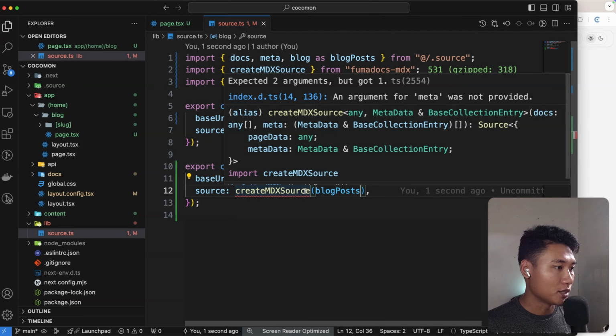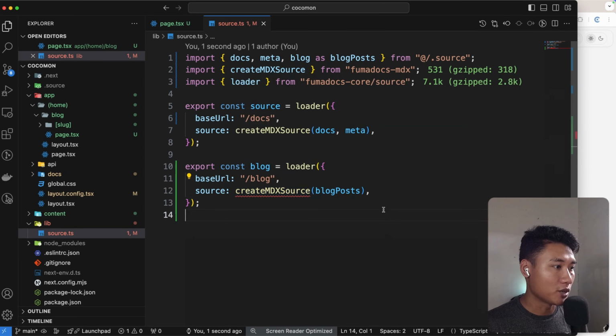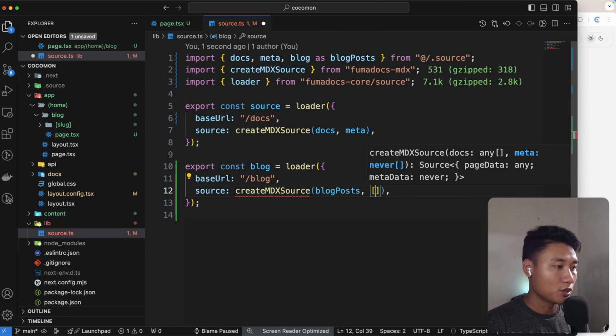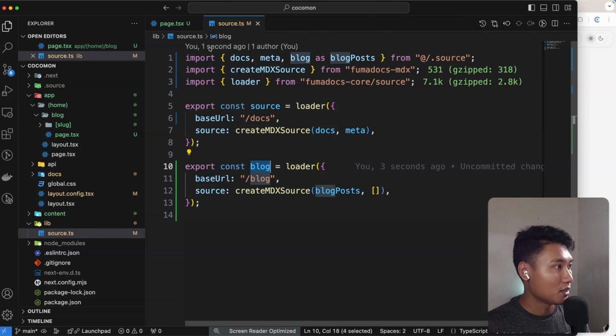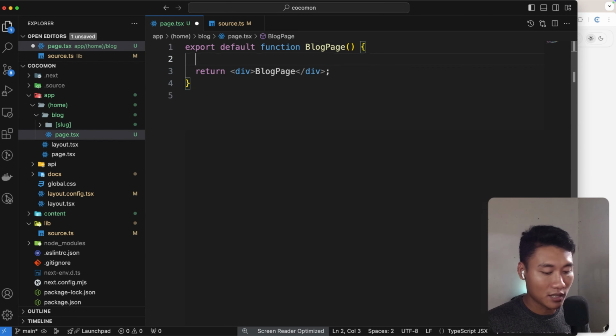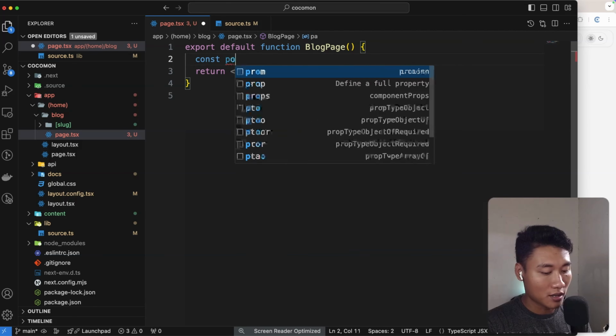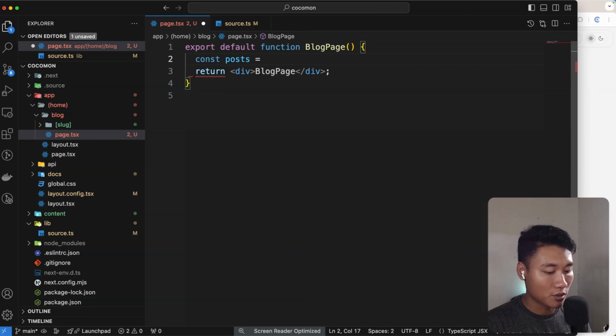But as you can see, we have this error. That's because meta is required. So now just put an empty array. Nice. So now we can use this blog. Let's go to page right here, and I can say const, let's say posts equals blog,